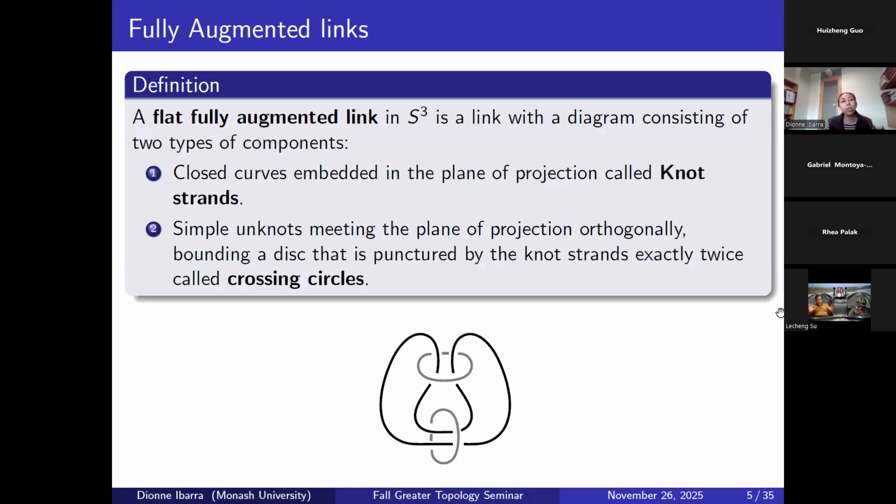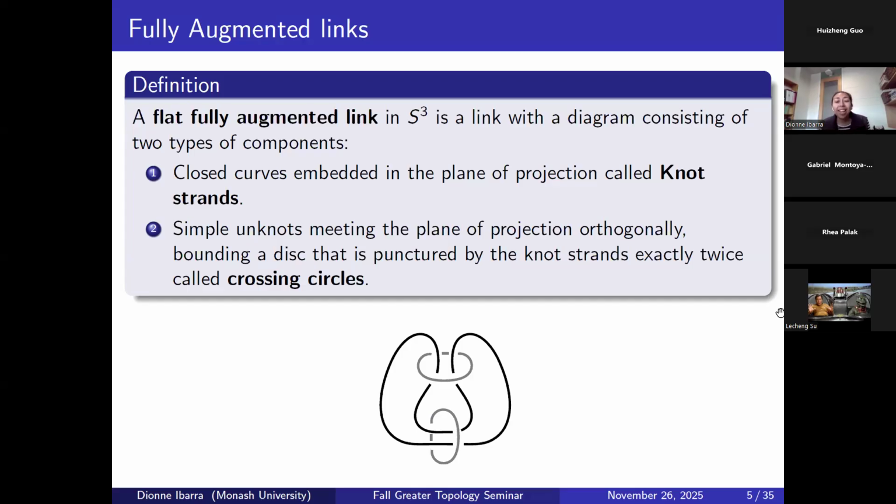So we are particularly interested in fully augmented links. First I'm going to define flat fully augmented links, and then I'll define what a fully augmented link is. So this is just a special class of fully augmented links. A flat fully augmented link is a link in the three-sphere, and it has a diagram that consists of two types of components. One type is knot strands, and the other type is crossing circles. So a knot strand are